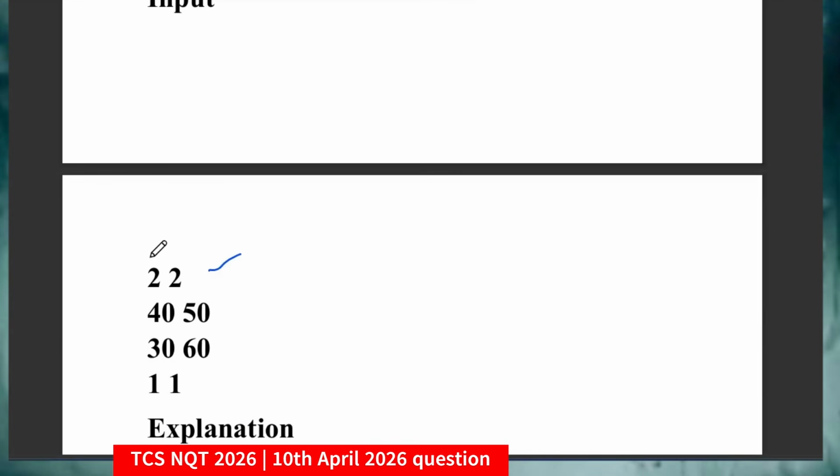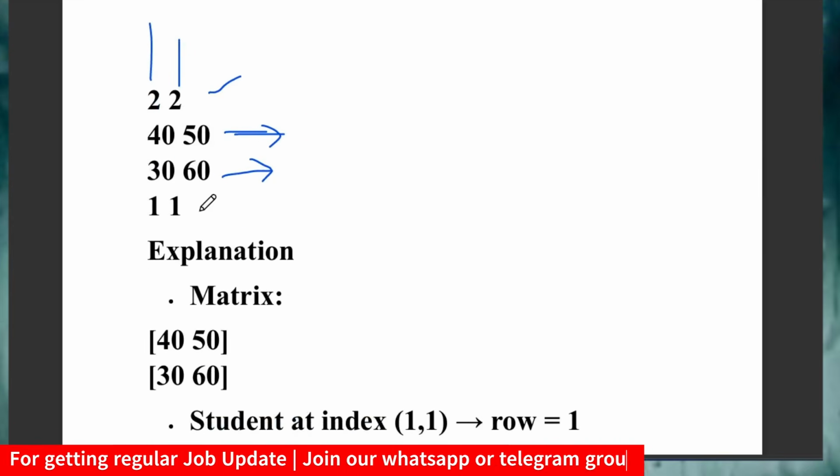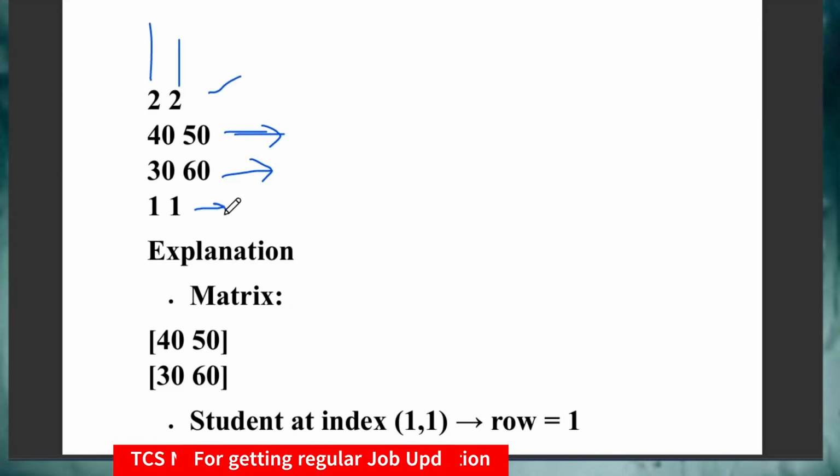I am taking 2, which denotes the number of rows and number of columns. Now I am taking the values 40, 50, 30, 60, which denote the marks scored by student 1 and marks scored by student 2. Now you also have to take the i and j values. Here I am taking i and j as 1 1, which denotes this row.